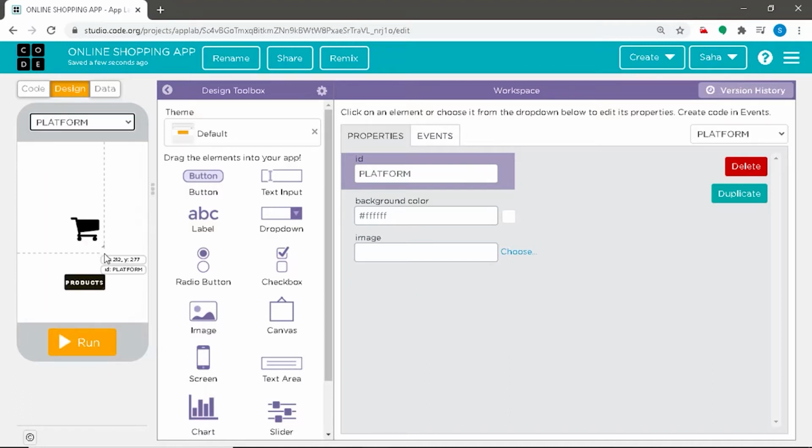And also each of these screens has a back button for the user to go back to the previous page and review the items.